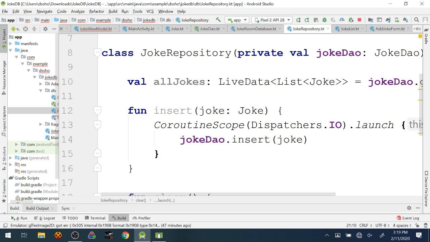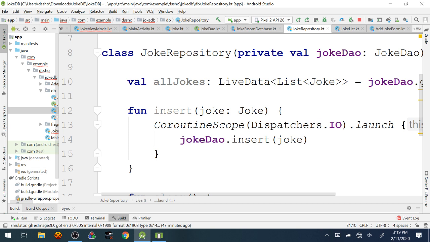And every time we take a step up the hierarchy, we're just making another layer of abstraction, basically, right? So the database is probably pretty low on the hierarchy. The repository is another level up. So when I call a function on the DAO object like this, it's saying, go make this database call. I have no idea how you're actually going to do that, right? I don't know what the file is. I don't care where the data is. I just want you to do it, right? And then the database object will take care of all of those details for us. It's abstracted out. So the repository is just a very high level way of accessing the database.